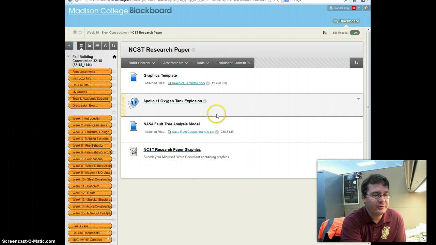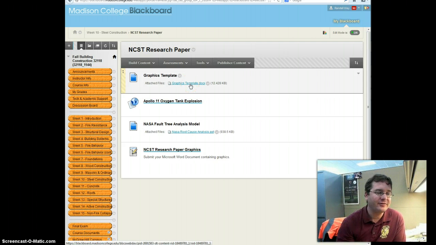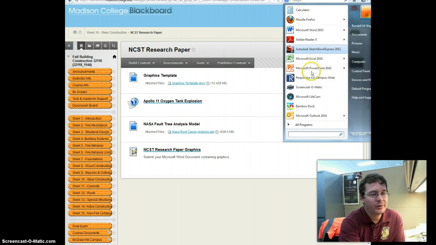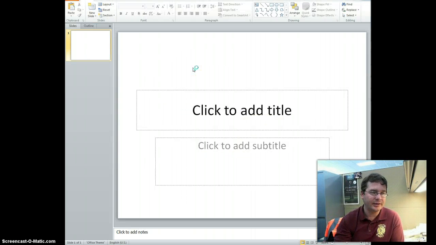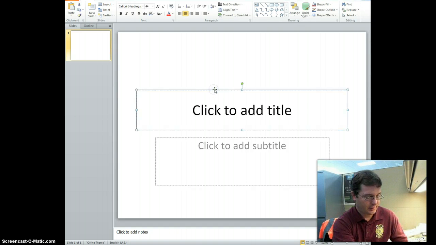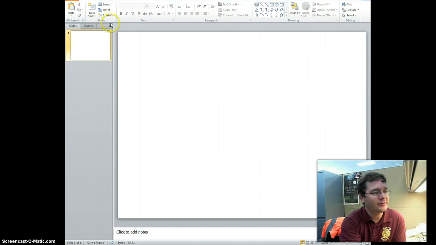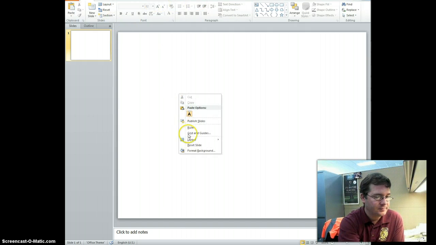Basically, what you're going to do this week is you're going to submit graphics in this template. And this template's just a Word document where you're going to paste in graphics that you think that you might use for the explanation in your diagram. One thing to think about for your report in terms of developing graphics, I think a really simple and kind of low-dollar way to do graphics is just simply to use PowerPoint. So if you take PowerPoint and you insert a new picture,